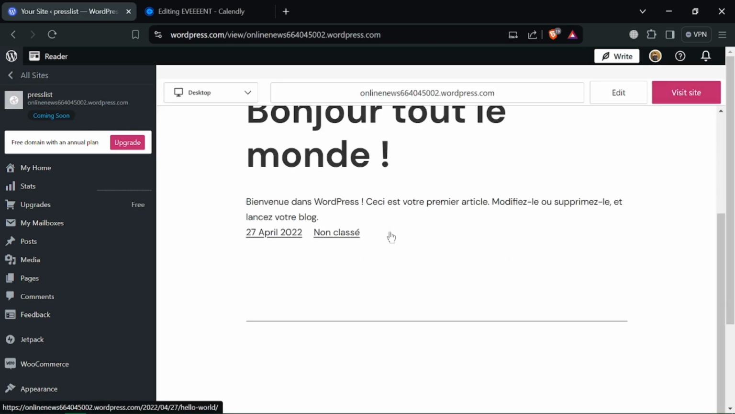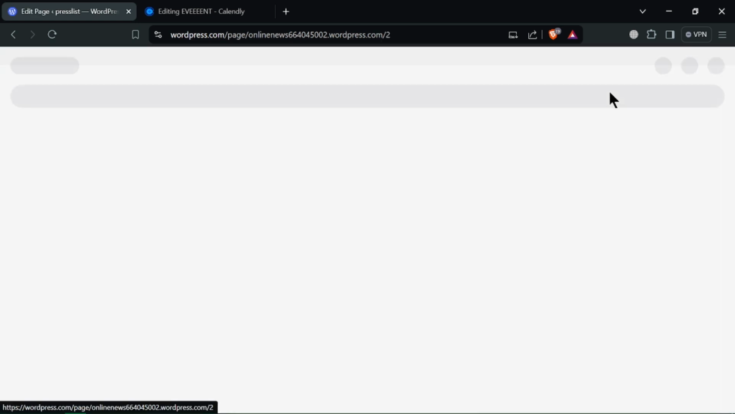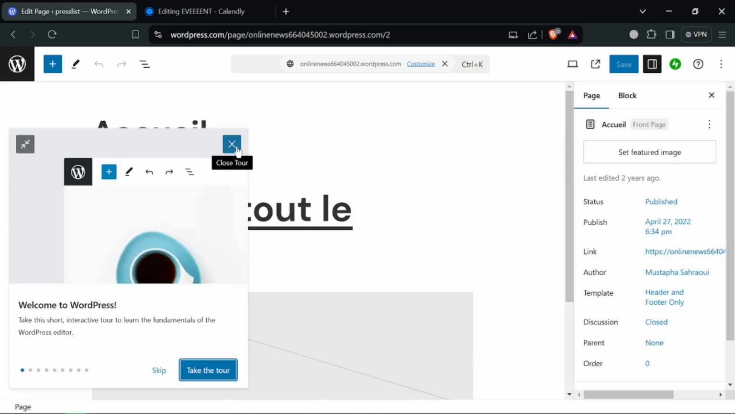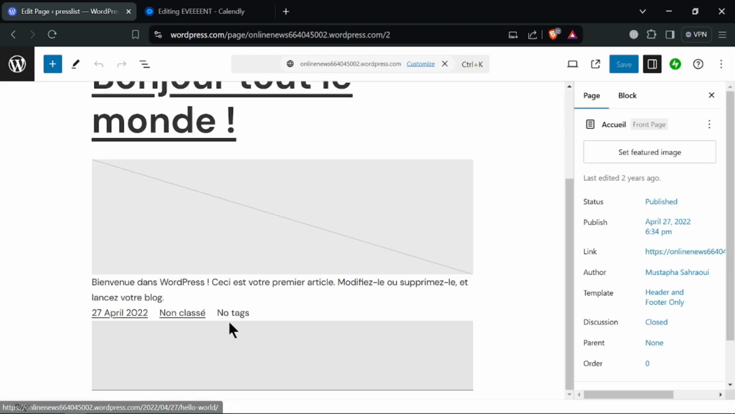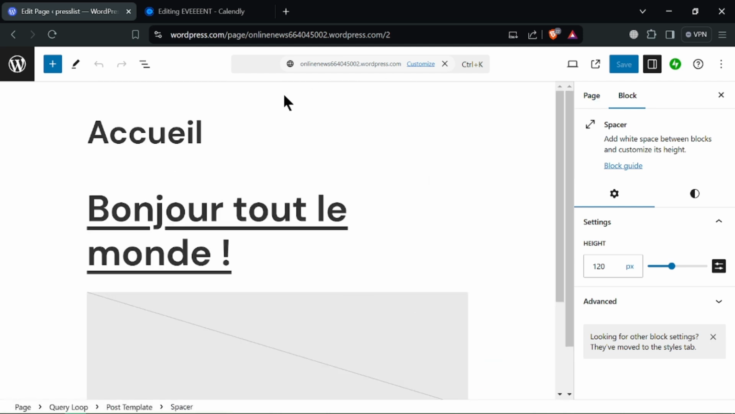Now, go back to your WordPress dashboard and open the page where you want to add the Calendly widget using Elementor. So click Edit with Elementor. In Elementor, find the HTML widget in the Elements panel. Drag and drop the HTML widget to the section of your page where you want to display the Calendly